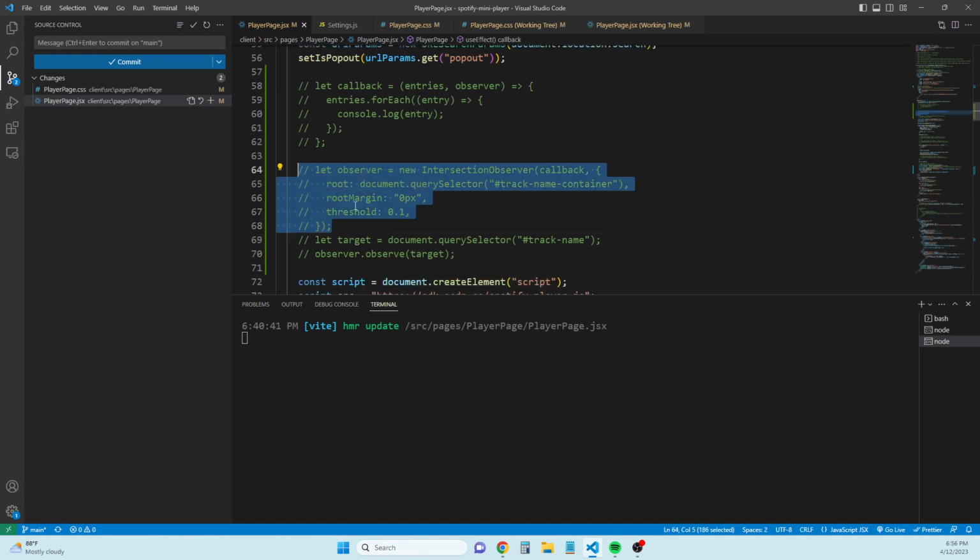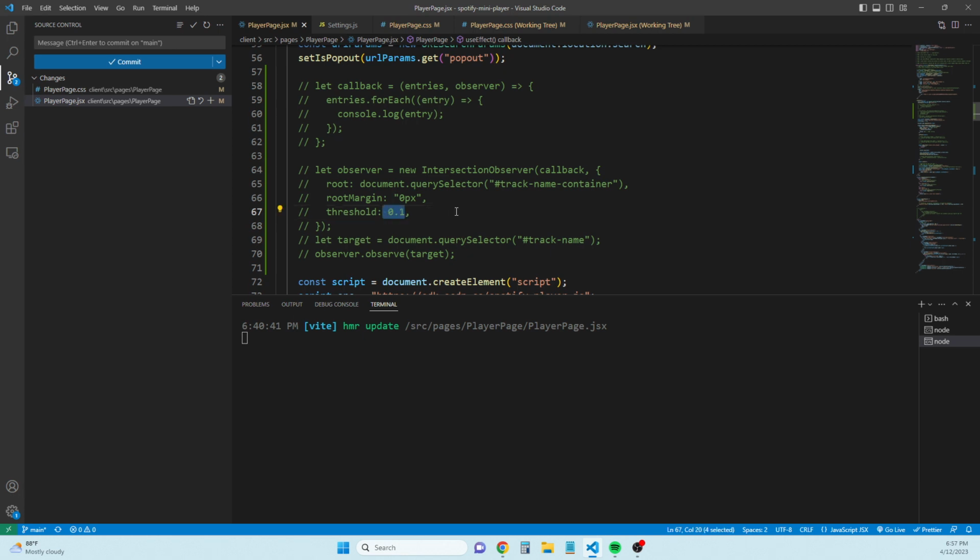So I basically used a threshold of 1. I tried using both 0 and 0.1. The way they describe it, 0 is something like just becomes visible, and then 1 is fully visible. I didn't see if there's a way to do not visible. But basically 0 or a small number would